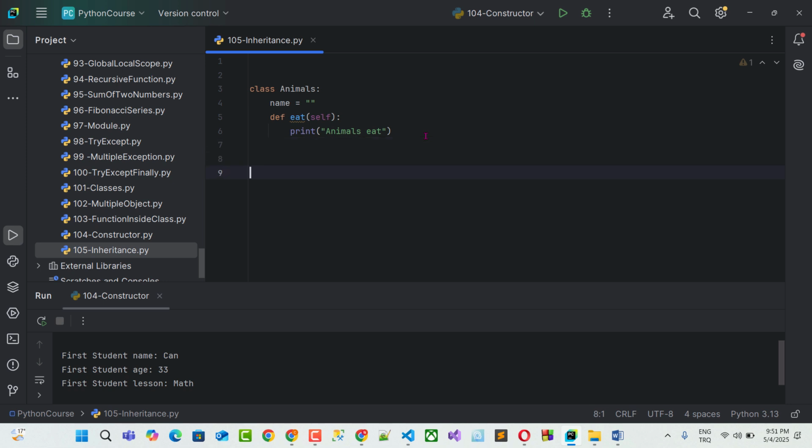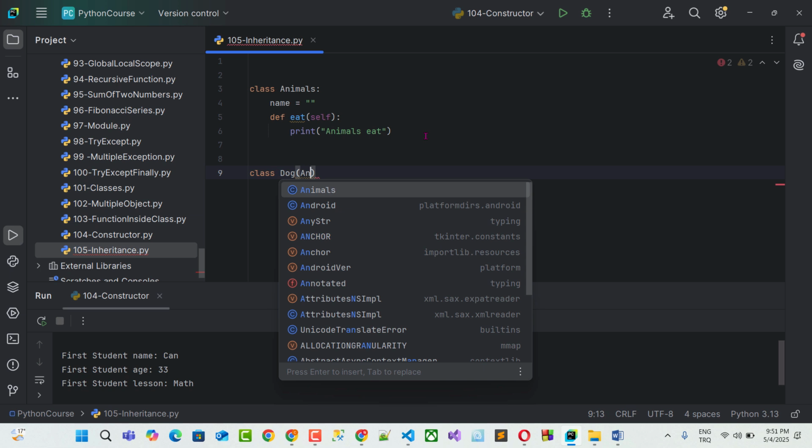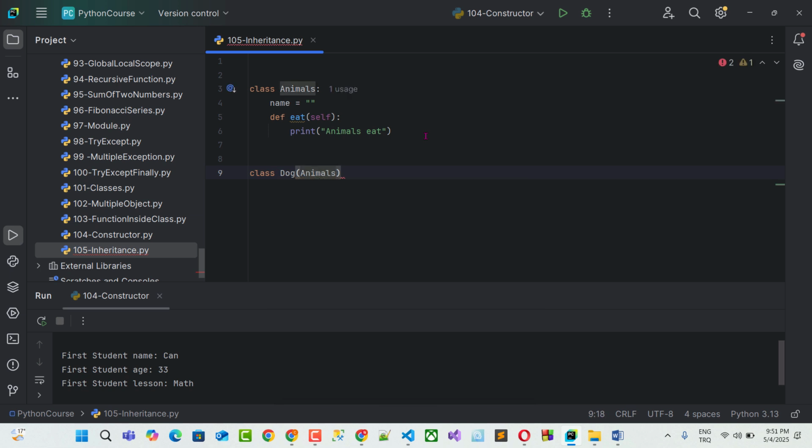And right now, let's define the child class. Here, I define my child class, and I say dog. Inside the parentheses, I give my parent class, which is animal. We can say animal or animals. So inside the dog child class, we can define a function using the def keyword, and then